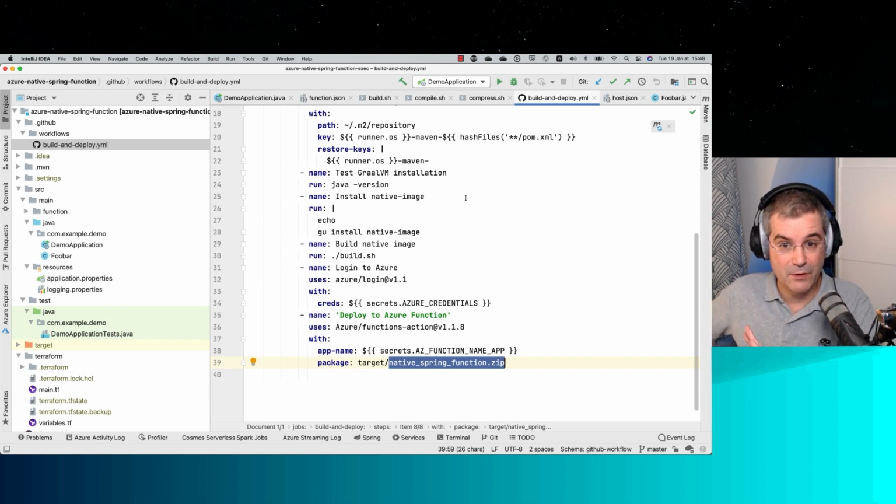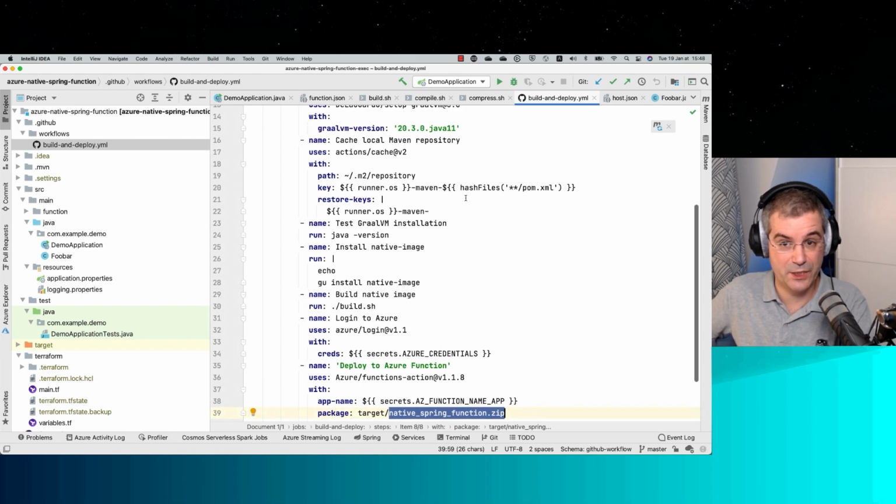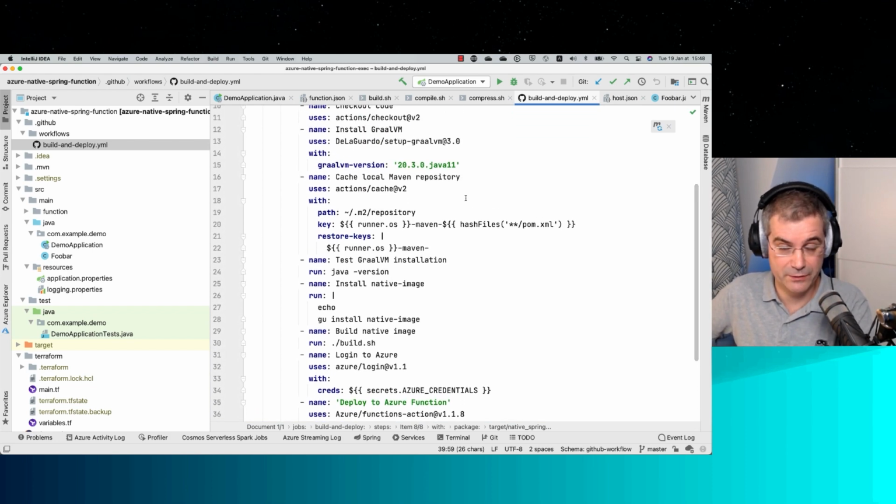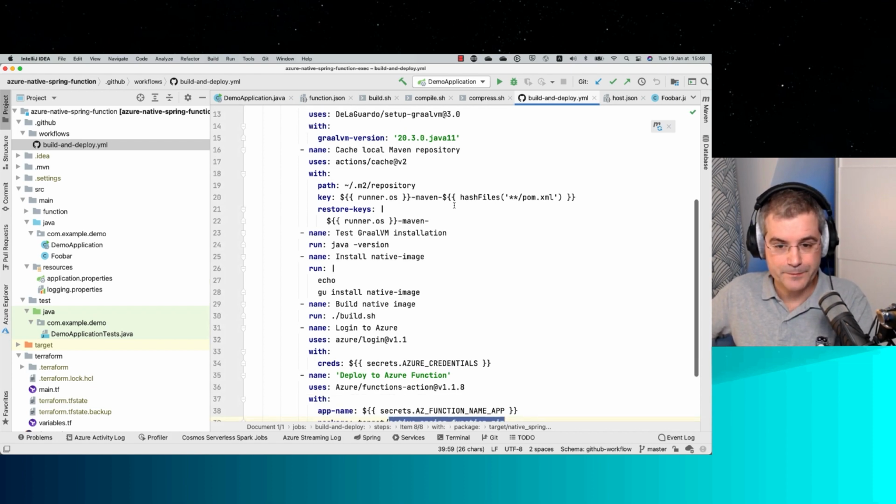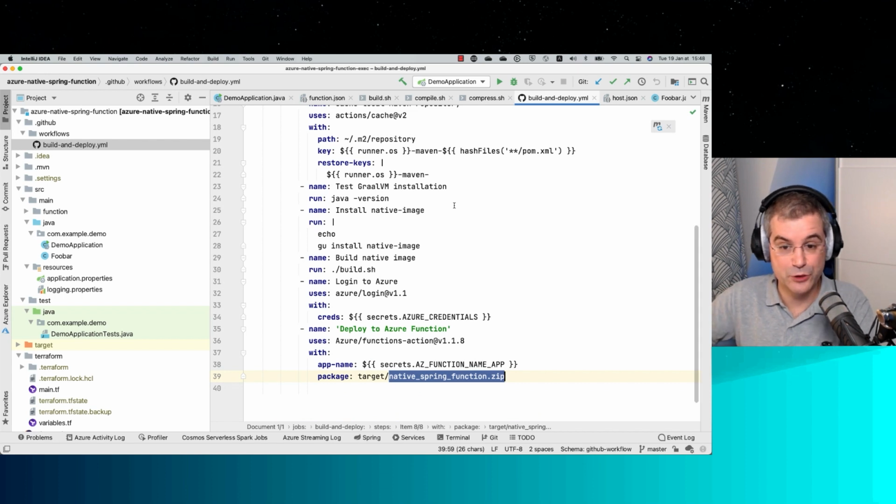So here I'm offloading all this to GitHub Actions. GitHub Actions will be able to build a native image on Linux because it runs on Linux, and send it to Azure Functions. That's basically the only way to do it efficiently and without too much trouble. So the goal here is to do just git push and be in production. But as a developer, it's pretty complicated for me to do a local build, a native image build, and test it. I can test this as a Java application, but as a native image, it's pretty complex. So that's the first issue that we have.